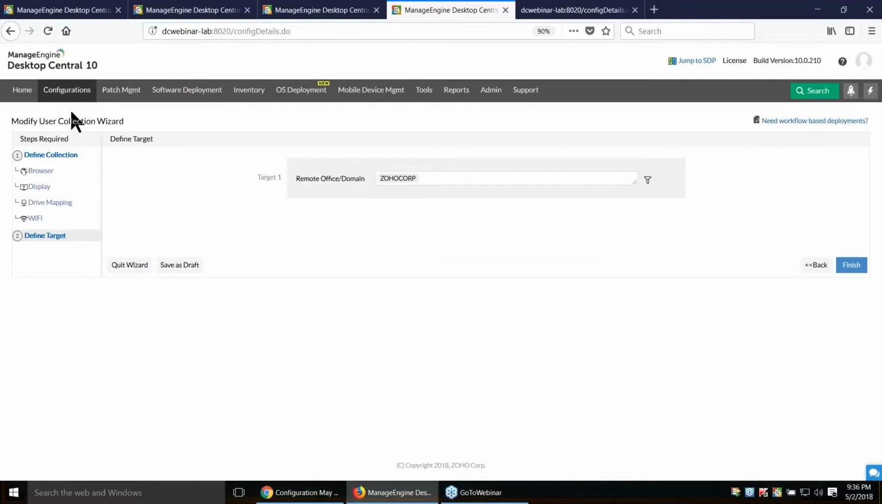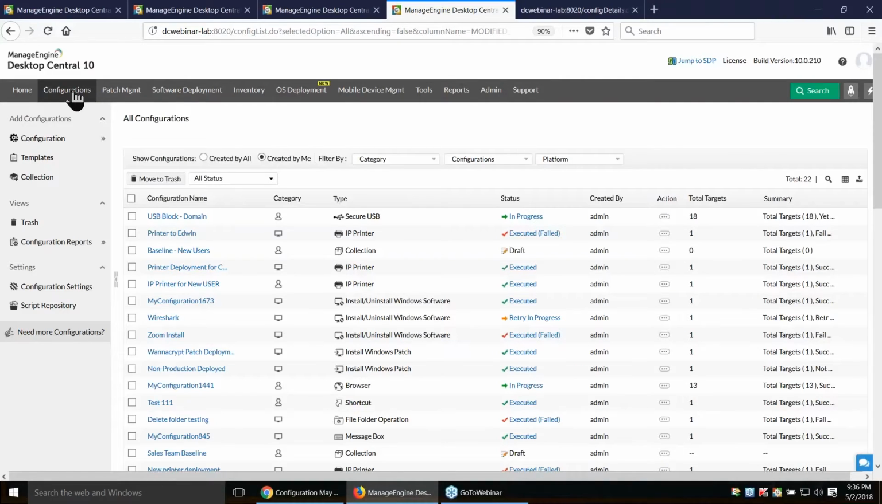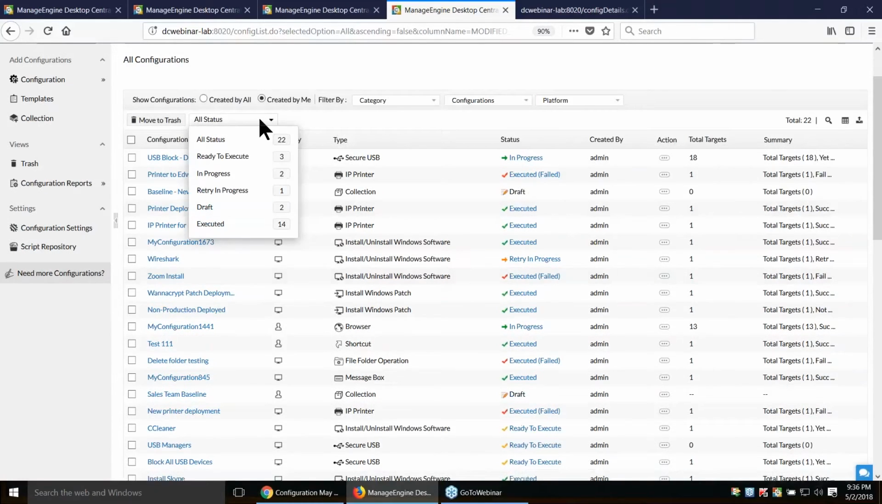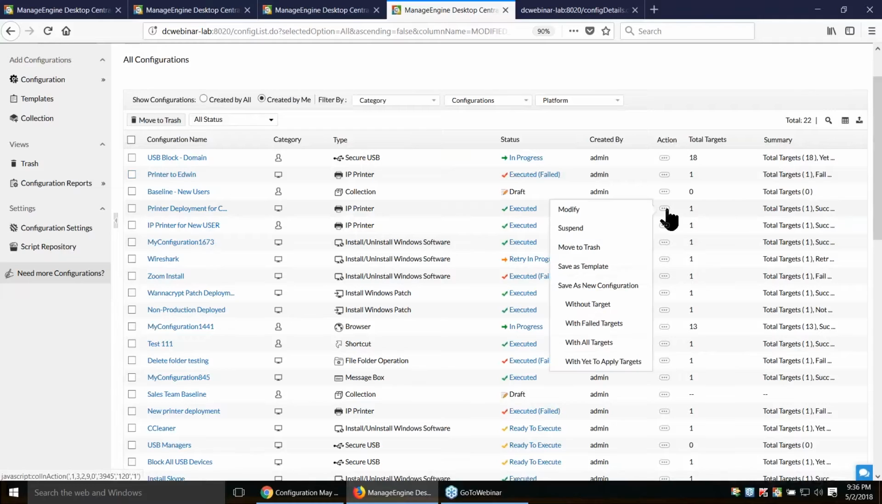And once I deploy the configuration, I can view the status here. When I click on configurations on the top, I can view the different configurations that I have created. And if I want to view them by status, I can filter it. Or if I don't want any configuration, I can move it to trash as well. In fact, if I want to redeploy it, I can simply click on action, modify the same configuration, or suspend